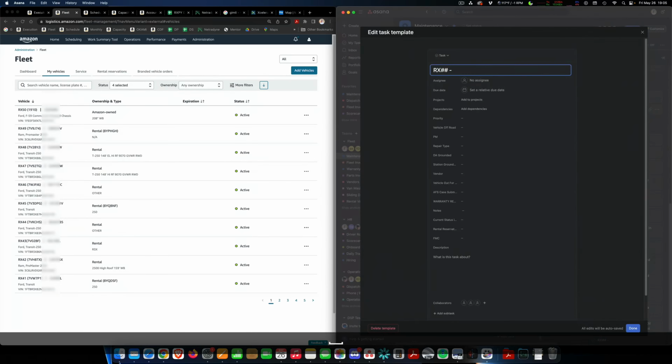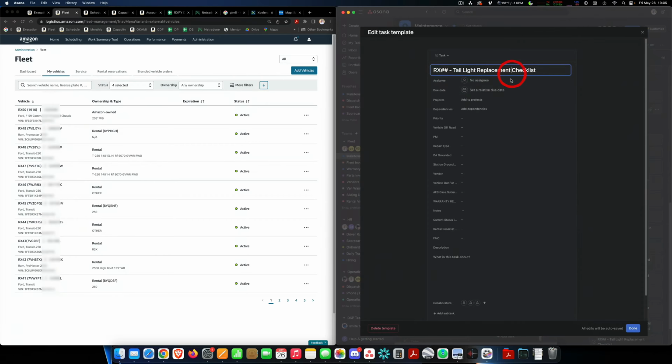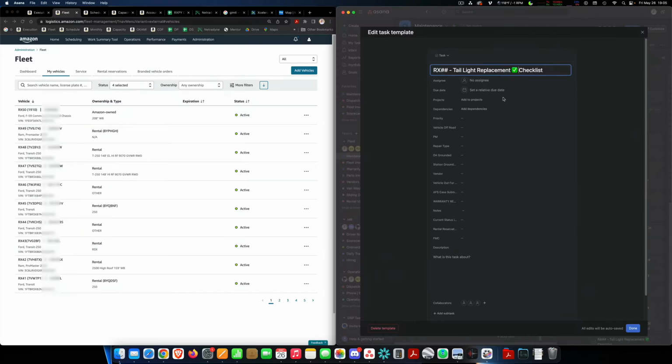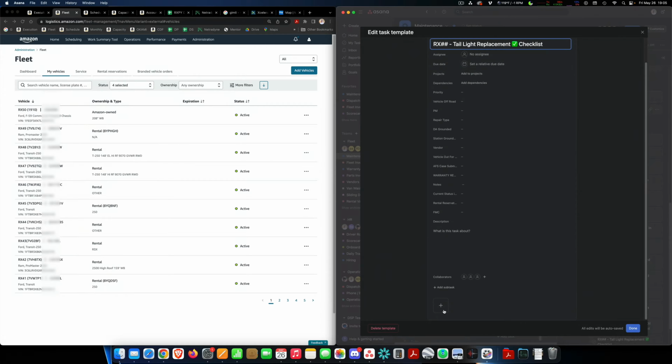We're going to call this tail light replacement checklist. I like to put the little check symbol in there. There we go. All right. I like to put the check symbol in there because it sticks out as a checklist. I know there's multiple items, right? So in this, we can add